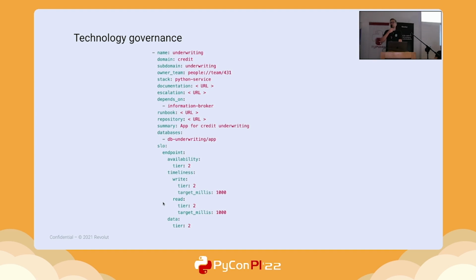So in this case, this is an example of application from my domain, which is credit underwriting. So essentially, the application is provided some Python service template. It has defined some dependencies and the availability, so SLOs. But this single bit of YAML, which lives in some repository, simply specifies how the CI/CD pipelines are built automatically for it. So as you can imagine, iOS applications, Android applications, Java applications are all deployed in a different way. The same is for Python as well. There are specific ways of deploying them, but the configuration is kept in the same place.